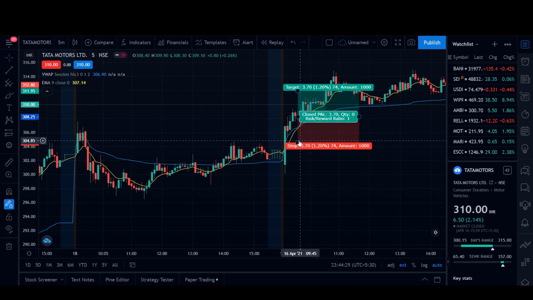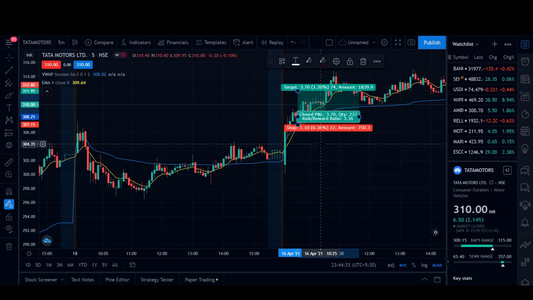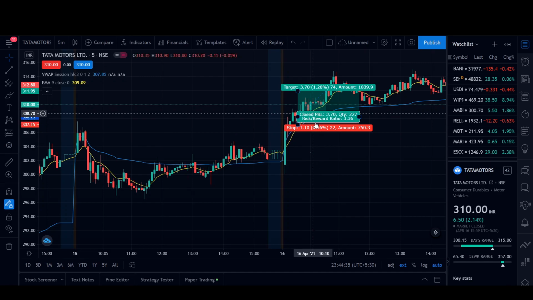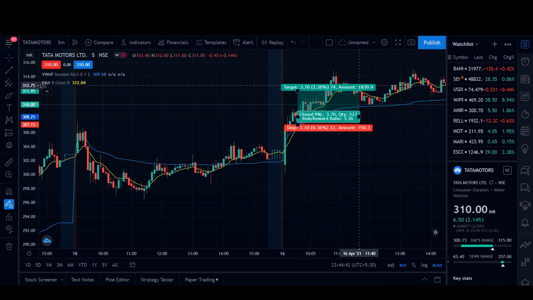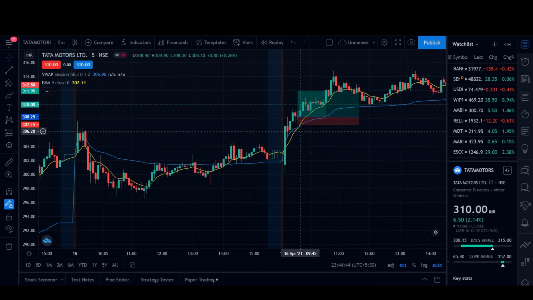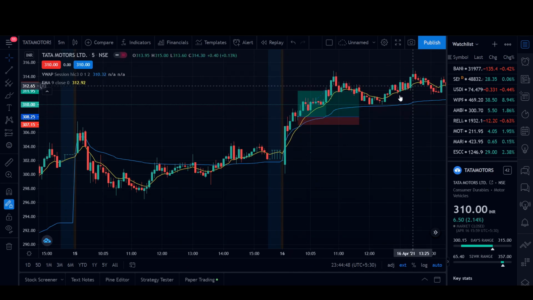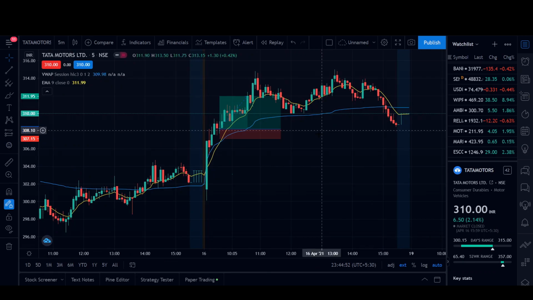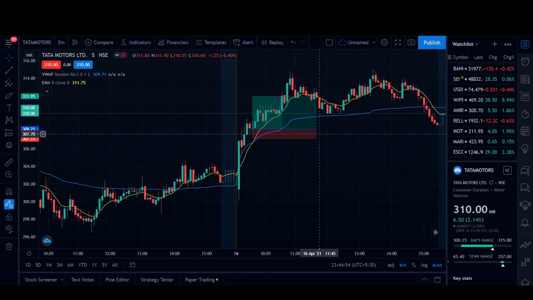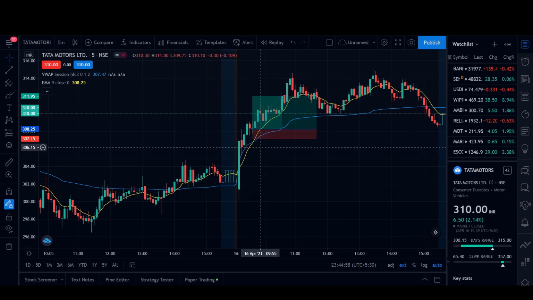So the stop loss in this trading strategy is going to be below the VWAP. As I said, it provides strong support and resistance. And forget about the 9 EMA. We don't have to look at the 9 EMA, we just look at it for the entry signals. Don't count the 9 EMA as a support or resistance or anything. And don't just take the 9 EMA alone as an entry signal.